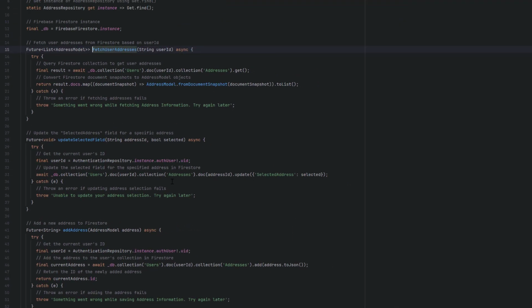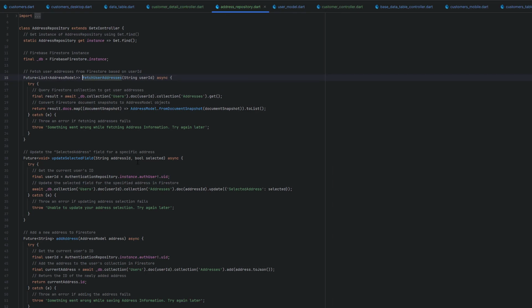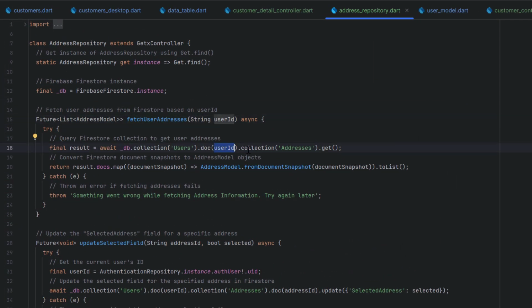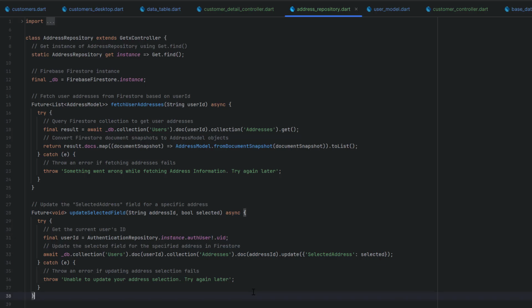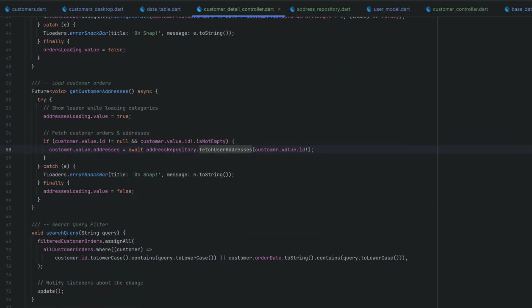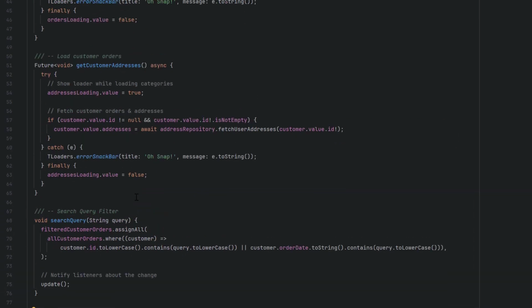And if you want to see this method in the address repository, this is the address repository. We will get that user ID, and in the collection of addresses, we will get that address. So all the addresses are stored in the sub collection of users. So you have to first call the main collection, then the document ID, then collection of addresses, meaning the sub collection. You can update like this and add address like this. Okay, once done, for the search query for the customer orders, you can call it or you can search it based on these values. Then we have sort by ID. So again, these things are already covered.